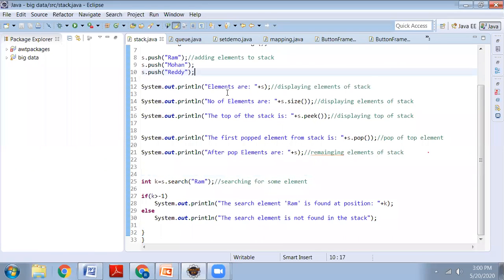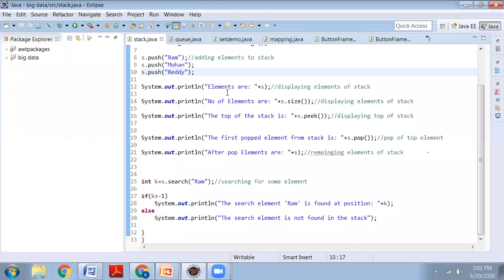First, we take a variable for the maximum size of the stack. Next, by writing some code, we insert elements into the stack. For that, we write a method for push. For the push function, we have to write lots of code for adding elements into the stack. For the pop operation, we have to write code for removing elements from the stack. For displaying the elements of the stack, we also have to write code. Like that, our program is lengthy. Why? Because for every operation, we have to write the code.